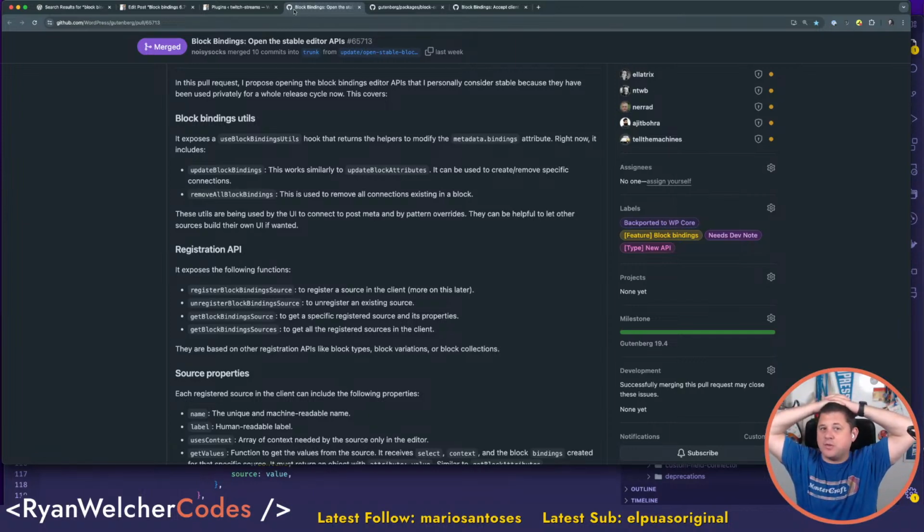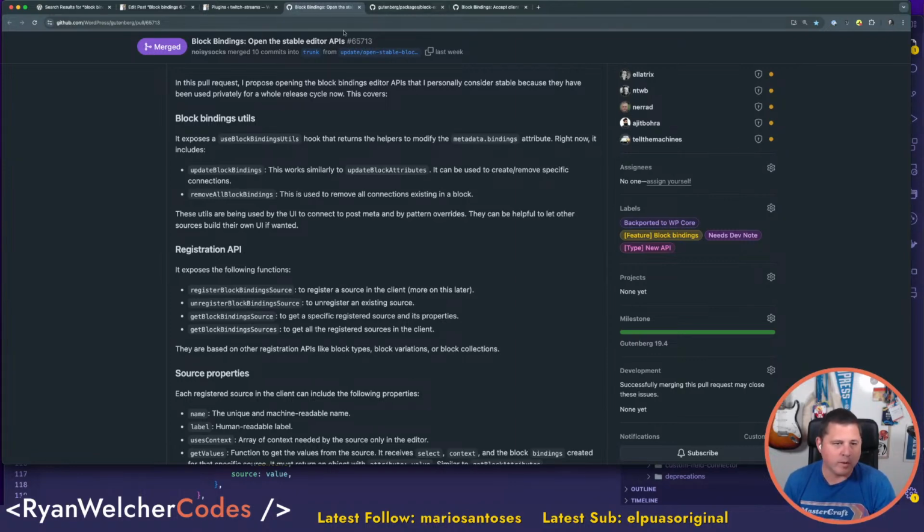But it's not just for post meta. I can't remember where I saw this, but somebody wanted to do something with the post date, and they wanted to display it differently. So the suggestion was, just do a custom data source that takes the post date, formats it a certain way, and then connects that to the block, right? Could it be a block that can update a product in WooCommerce? I think it could. I think you could do any of that stuff